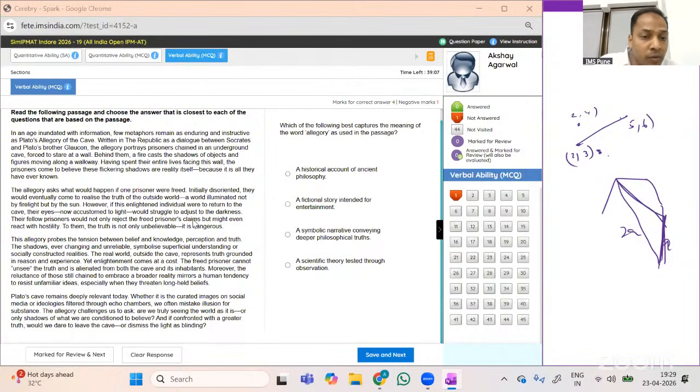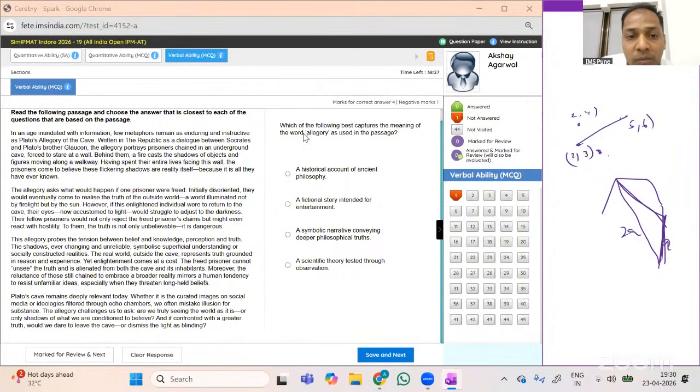If this enlightened individual were to return to the cave, their eyes now accustomed to the light would struggle to adjust to the darkness. Their fellows would not only reject the freed prisoner's claims, but might even react with hostility. To them, the truth is not only unbelievable, it's dangerous. The allegory proves that the perception of truth is social, yet enlightenment comes at a cost. The free person cannot unsee the truth and is alienated from both the cave and its inhabitants, given the reluctance of those still chained to embrace the world. Plato's cave remains deeply relevant today, whether it is curated images on social media or ideologies. And if confronted with the greater truth,